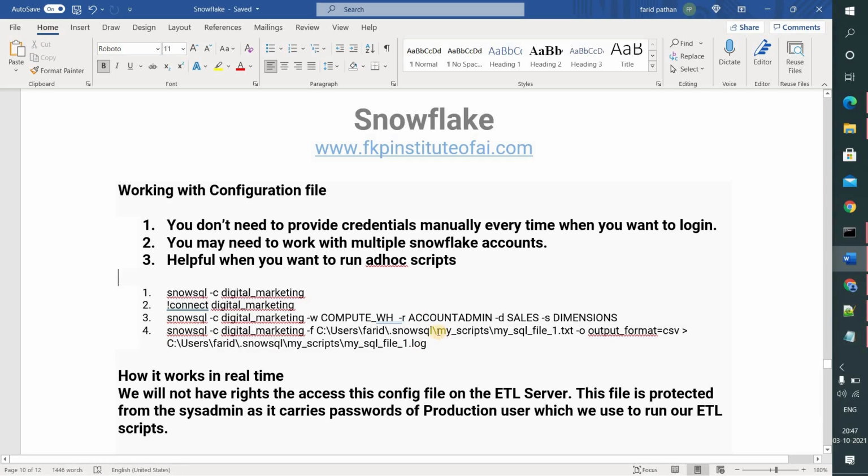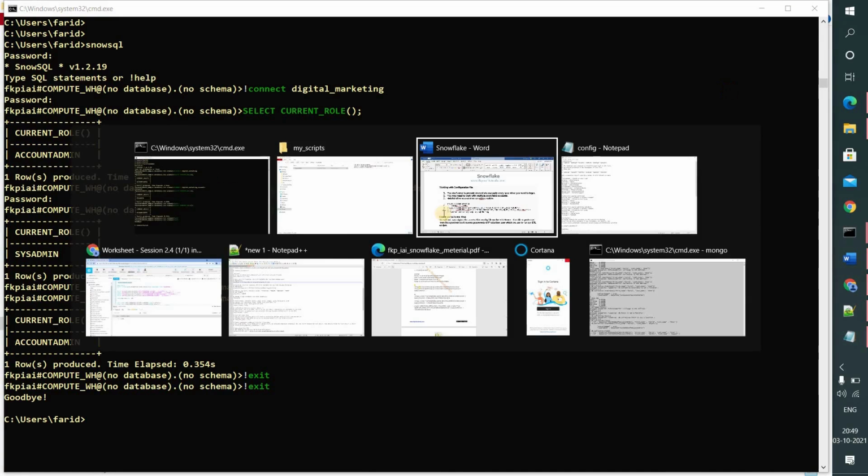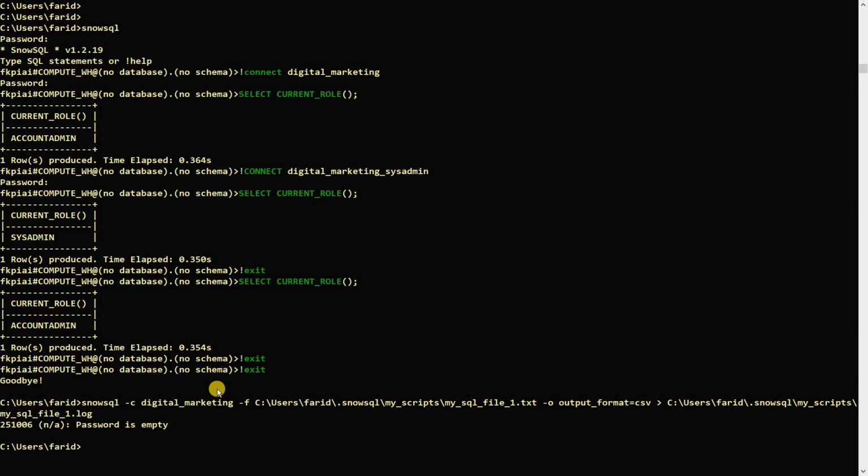Okay, before going to there, let's see what is written in this particular script. Then go back to your prompt. Now this is saying password is empty. Let me configure my password also in the configuration file so that it will not give this issue again. Since I am doing this on YouTube, I don't want to provide the password in public.